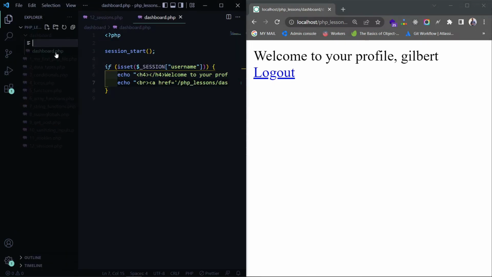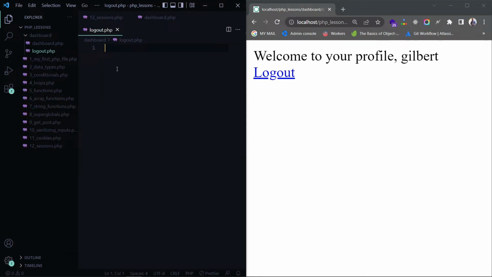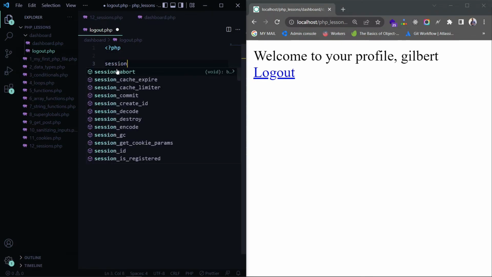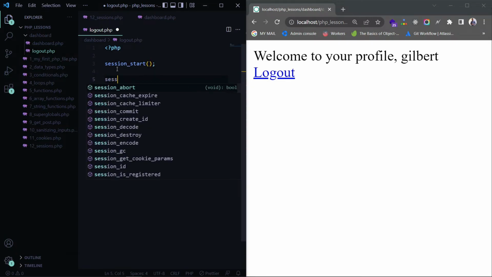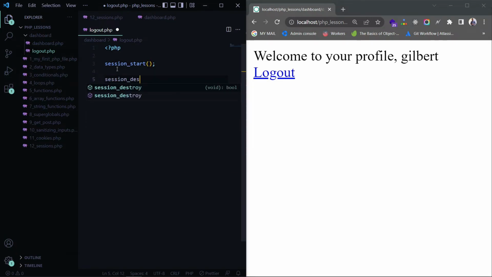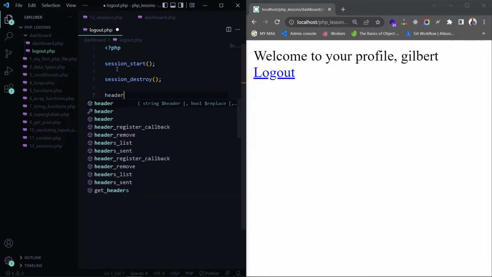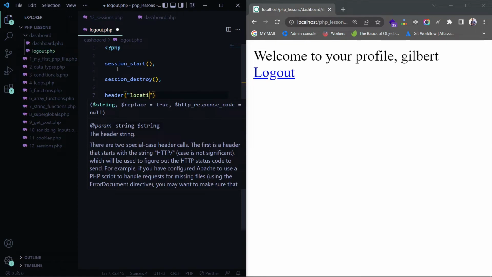So I'll create logout.php here, and then I'll do my session_start. This is how we destroy a session, with the function session_destroy. This destroys all the sessions, any session that you have set on the server for the particular user. It destroys the sessions available. So we can say header. So destroy the session and then redirect the user back to